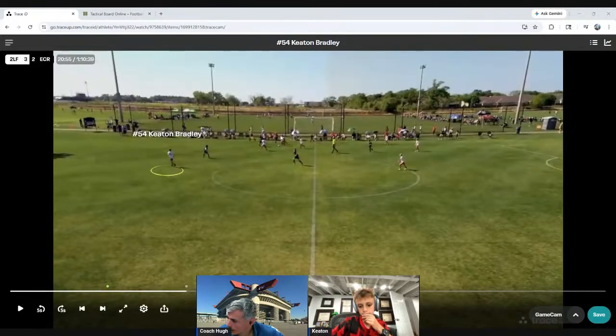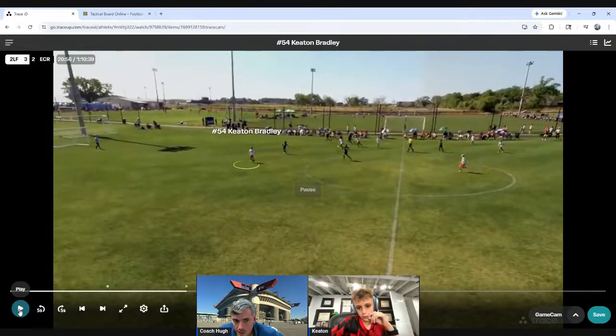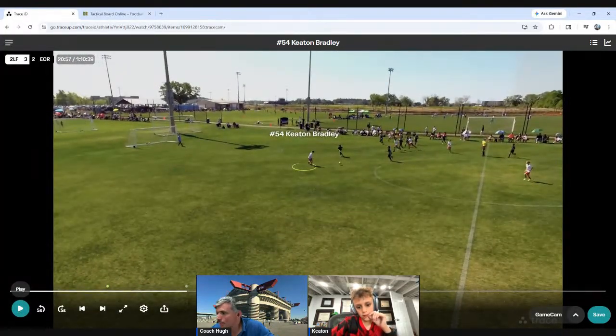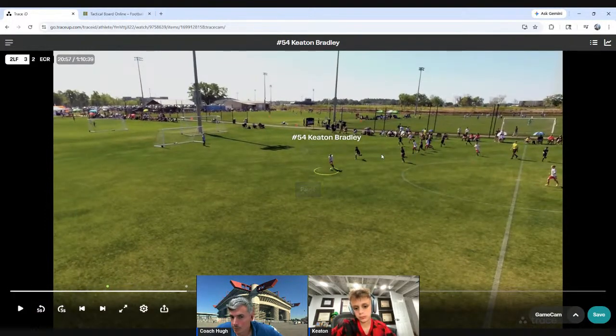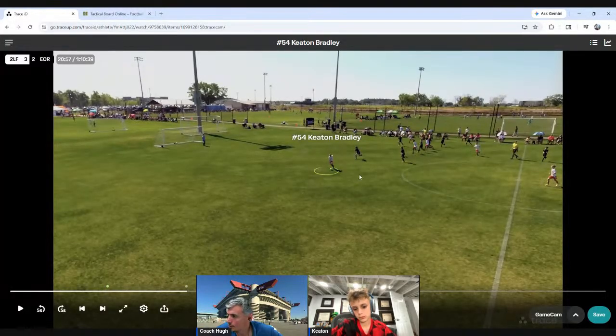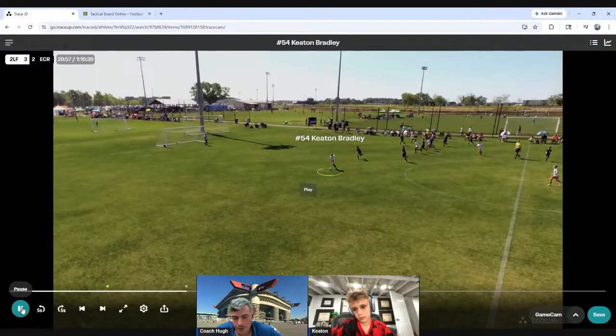All right. So again, his hips are facing inside. You got to be prepared for this cross. He looks to play you in. Your first objective should be to get behind the ball, right? You want to get your body behind the ball so you're not stretching. And we really don't want to let this ball run, because as this ball rolls, we're wasting time and we're allowing this defender to close us down.